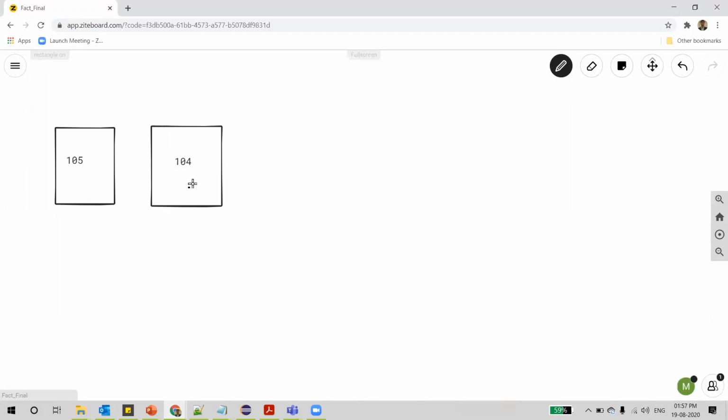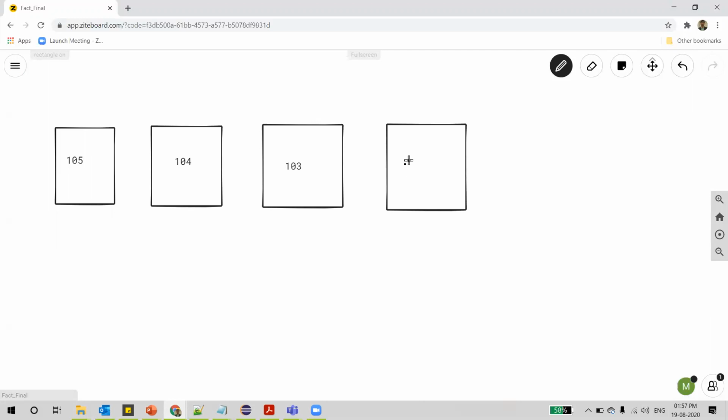Then we'll find where room number 104 is. We'll go to that room, and to our surprise again, even room 104 is locked, and there is a hint on the 104 room lock saying that the key of this room is in room number 103. And again we'll come near room number 103. Again on this lock, there is a hint saying that the key of this room is present in room number 102.